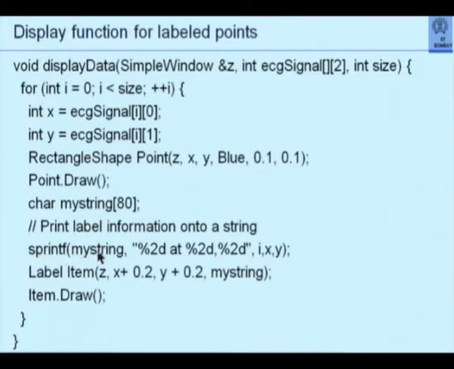sprintf, that means print a formatted string using I, which is the point number, and the x and y coordinates. And this you are printing as %2d, %2d, %2d, with the word 'at' inserted. So, you will actually get, say, 5 at 10, 20. So, 5 is the fifth point number, at is the word, this is the string. Now, this string, instead of rendering it as a text line which we had seen, you can render it as a label item. Label is another class. So, you are creating an object of class label called item.